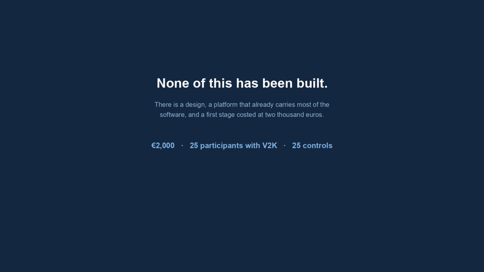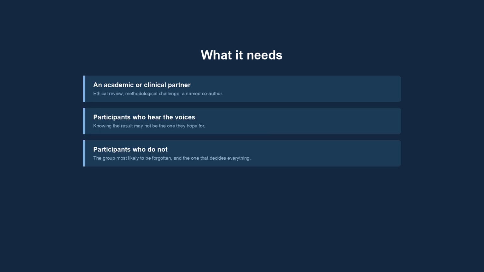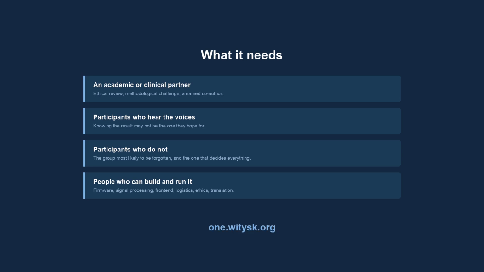None of this has been built. There is a design, a platform that already carries most of the software, and a first stage costed at €2,000. It needs an academic or clinical partner, participants who hear the voices, participants who do not, and people who can build and run it. 1.witisk.org